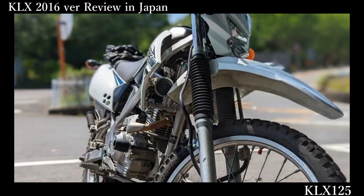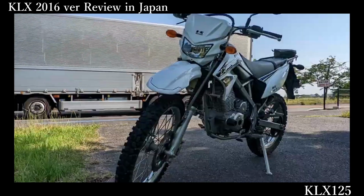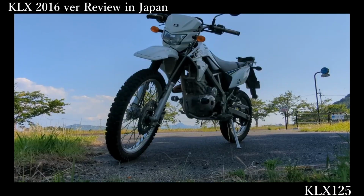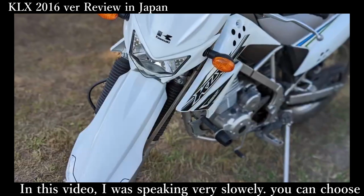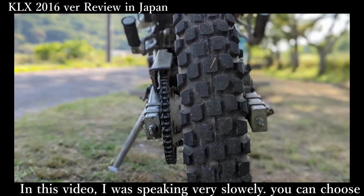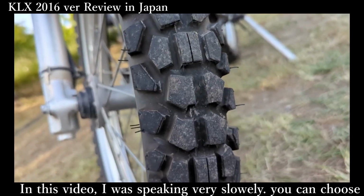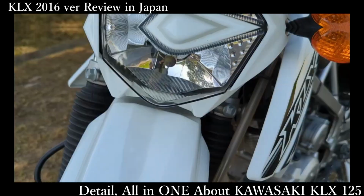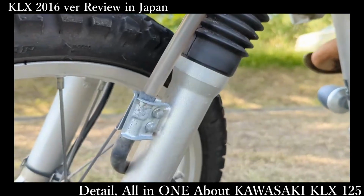Today I'm going to introduce the KLX 2016 model, the white version. I'm going to talk about the details of this motorbike, and today I've already driven 105, 110, or 120 kilometers per day. So from this experience I want to share how I feel, and also talk about the details of the catalog about the KLX